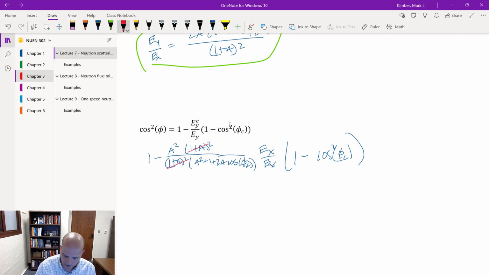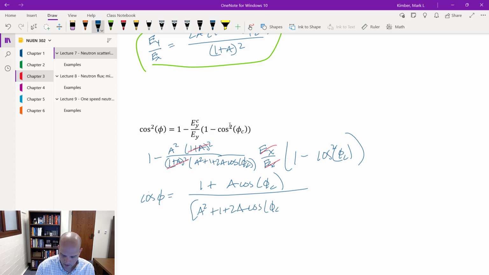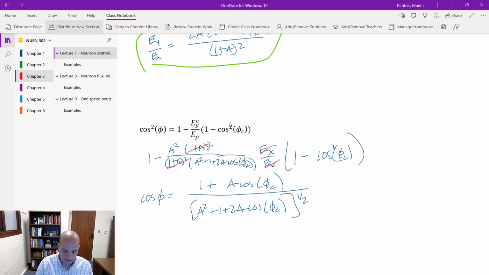So this cancels out here, my EX cancels out here, and I'm left with, after I take the square root of this, because I got the cosine squared on the left-hand side, then I find out that the cosine of phi simply equals 1 plus a cosine of phi sub c, over a squared plus 1 plus 2a cosine of phi sub c, all to the 1/2 power. And so now I've got